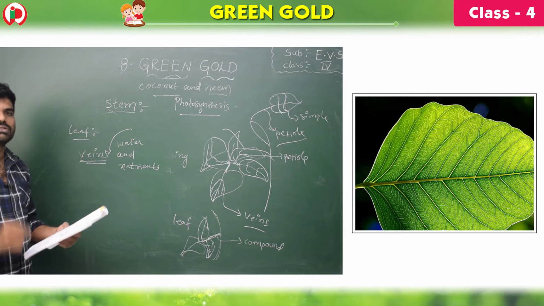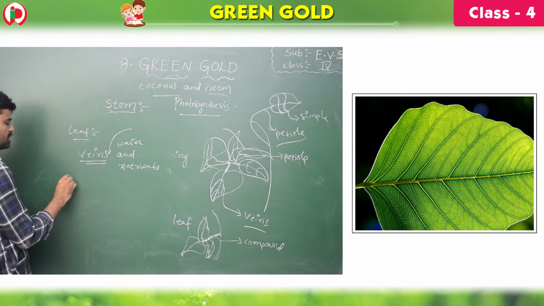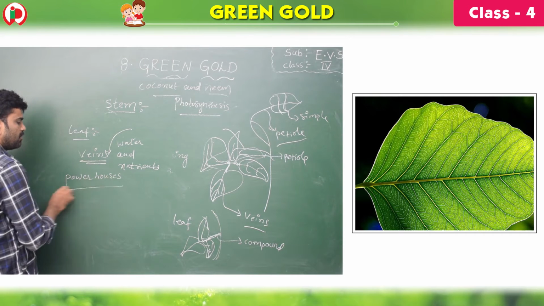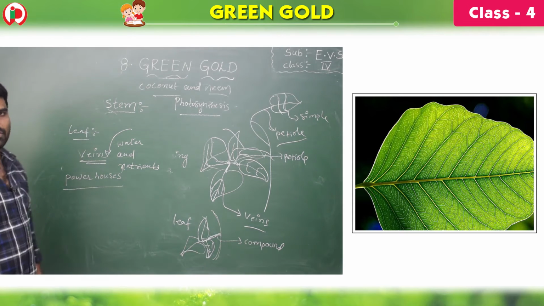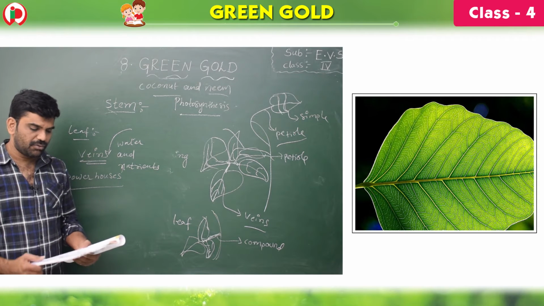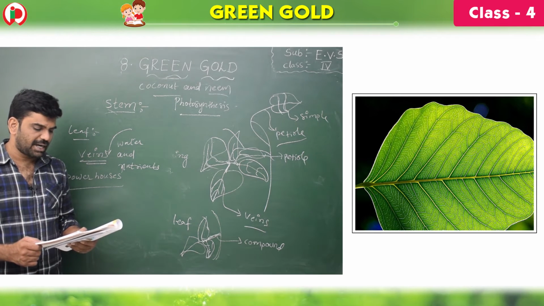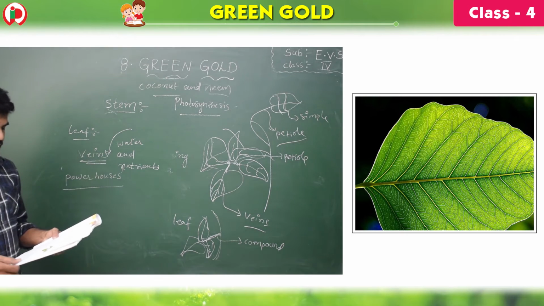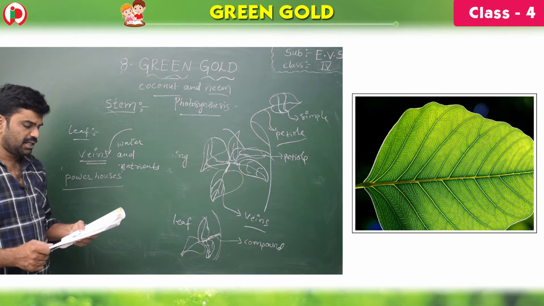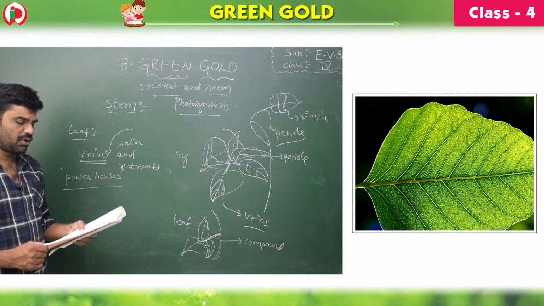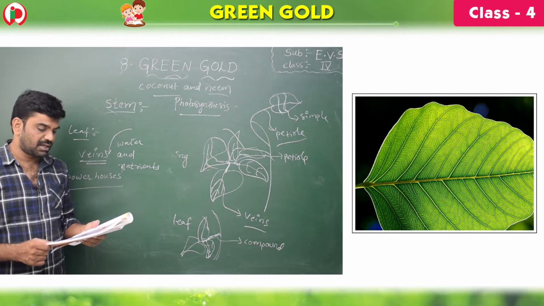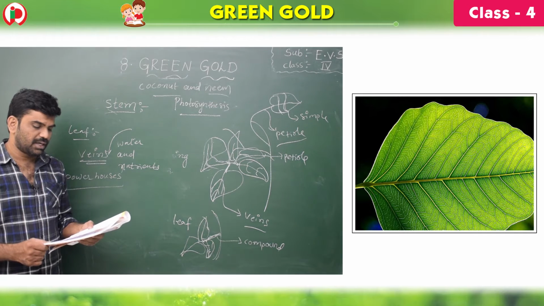Leaves are the powerhouses of plants. Yes, children, leaves are called powerhouses. Why are they called powerhouses? Because they prepare their food material. In most plants, leaves are the major sites of food production. Structures within a leaf convert the energy of sunlight into chemical energy that the plant can use. Chlorophyll is the molecule in the leaf that uses the energy of sunlight to turn water and carbon dioxide into sugar and oxygen gas.